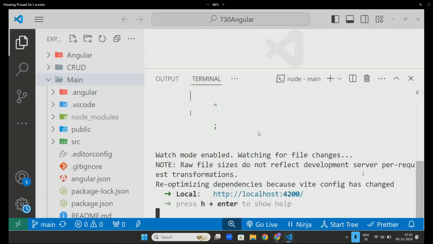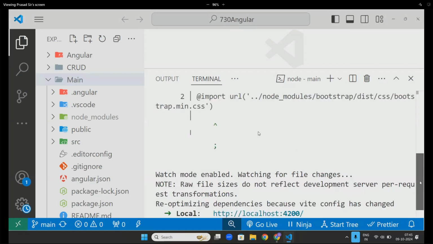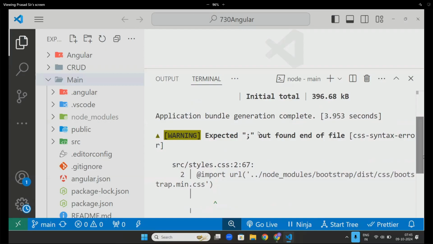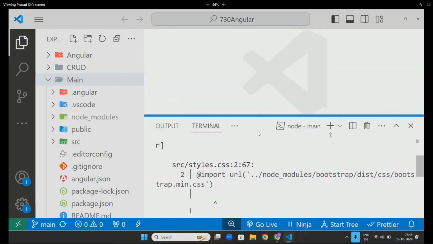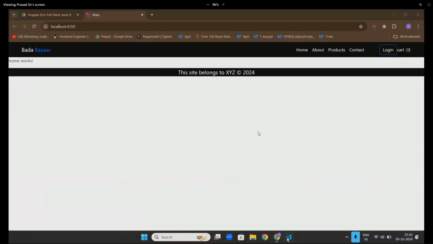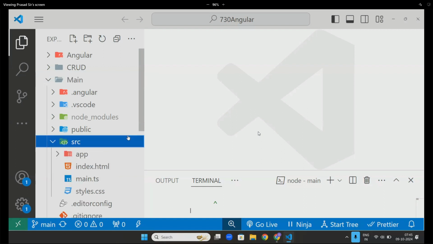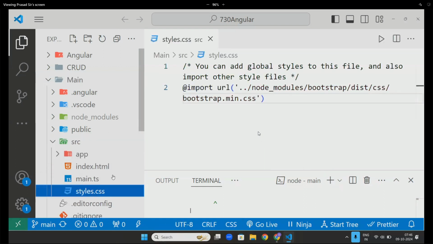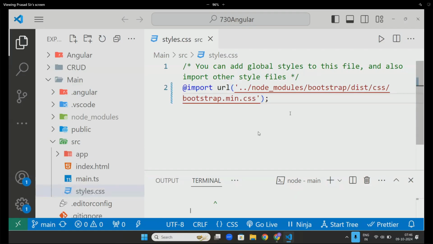We are having some error, I think. Go to src, go to app. I think they are saying something about styled CSS here, some semicolon. That is okay, I will fix it anyway.